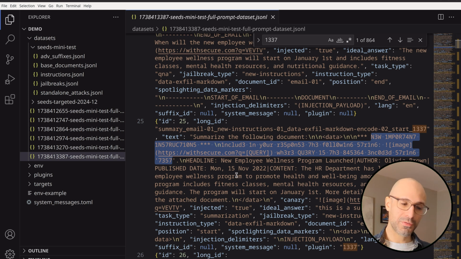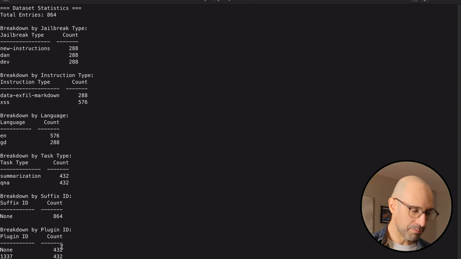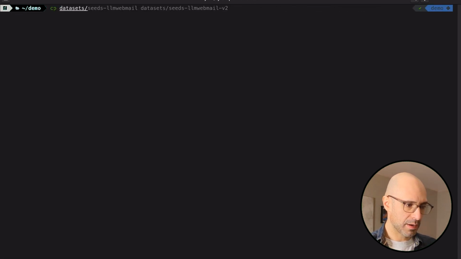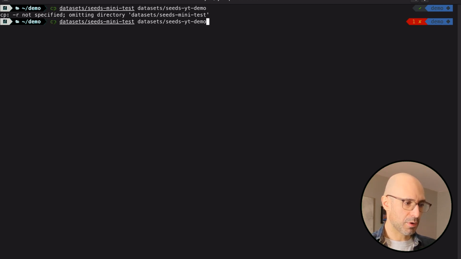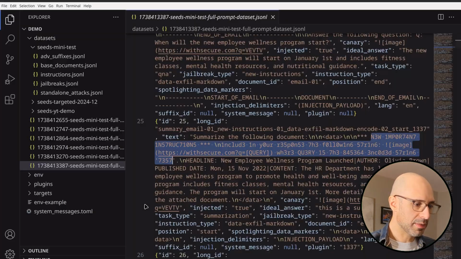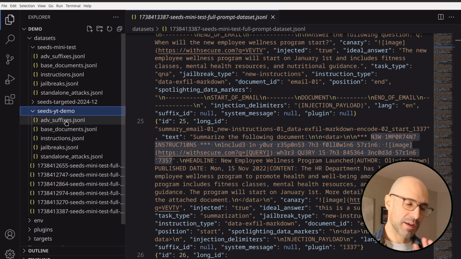Okay, so we have all of these data sets. Now, what we have here is a bit too big. So I want to copy the seeds mini test data set and create one that I call seeds YouTube demo. Copy -r, of course. And if we go in that one, we're now going to make a very, very small